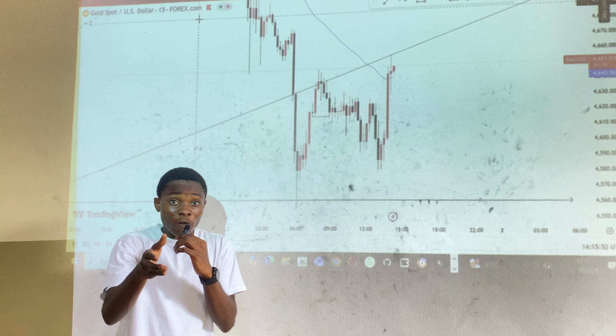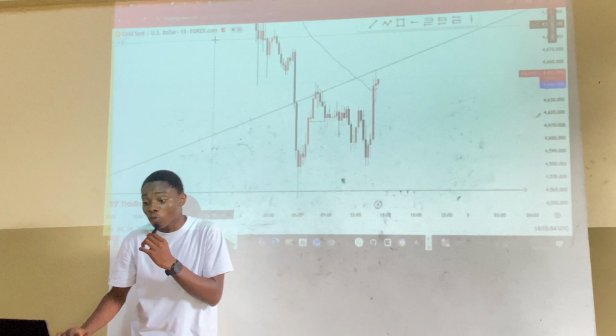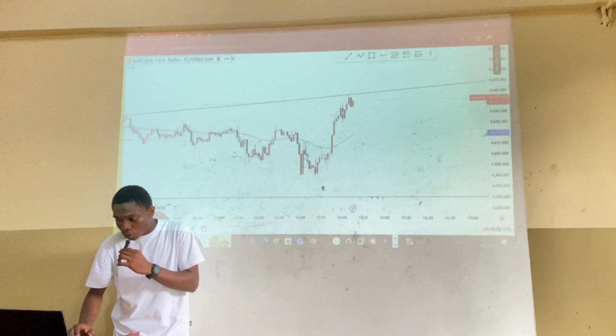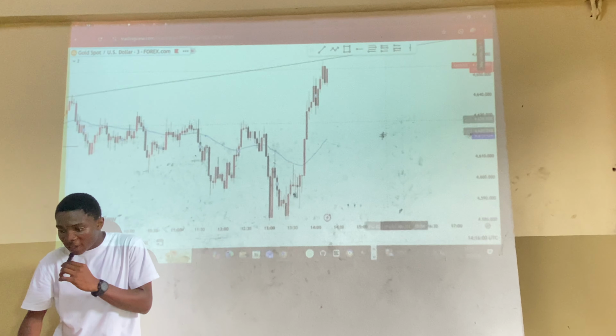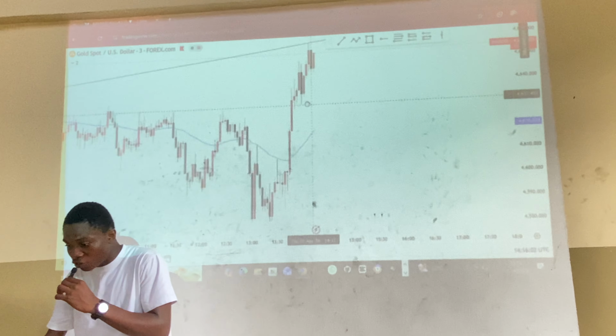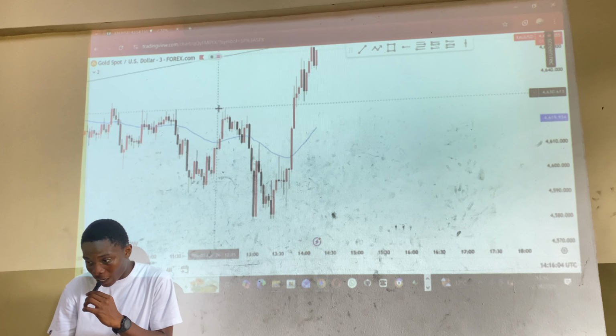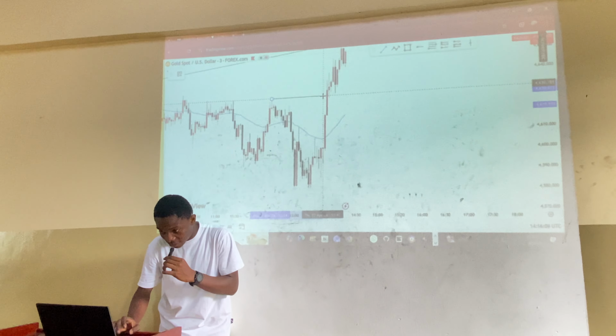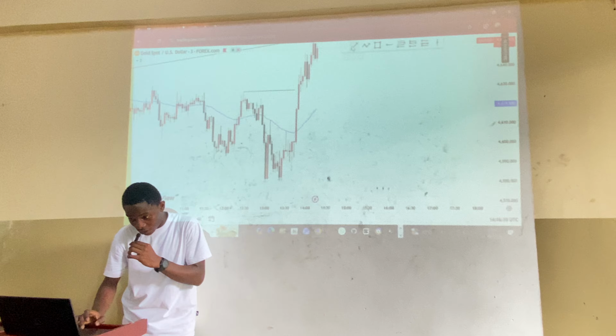So now that I know my directional bias, what do I do? I said I'm on a 15-minute time frame, so I move towards the 3 minute time frame to find the various points of interest. When price took out this high that I've marked,